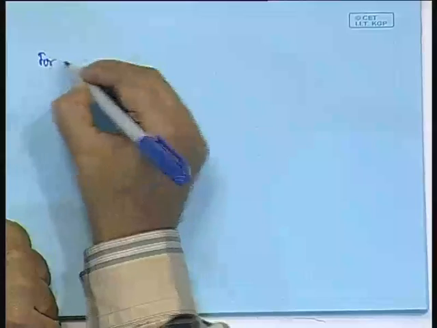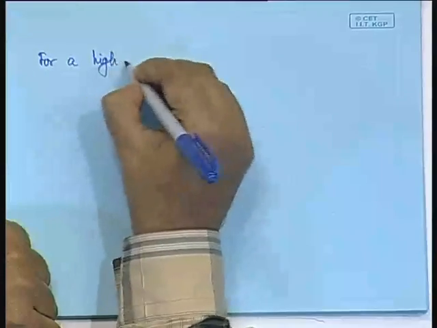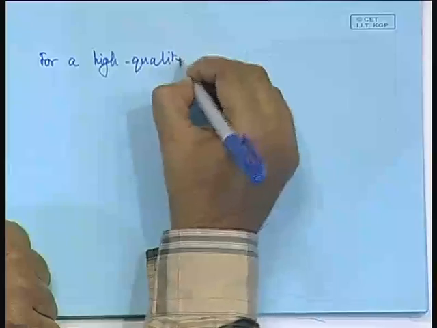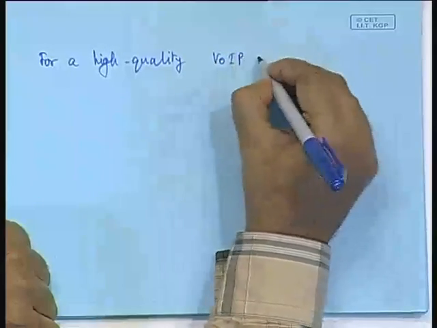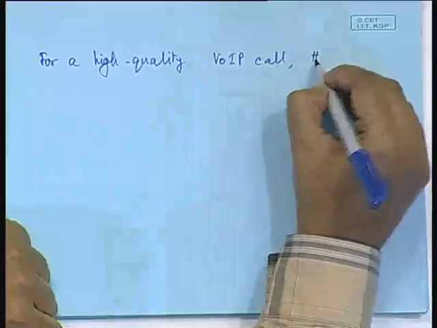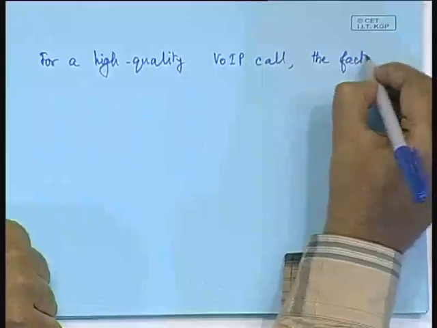But most of the time you face such problems like discontinuities, maybe that you are talking and the other end is unable to follow because there are very long delays. So, in order to have a very good quality conversation, many factors are important. For a high quality voice over internet protocol (VoIP) call, the factors which are involved are: